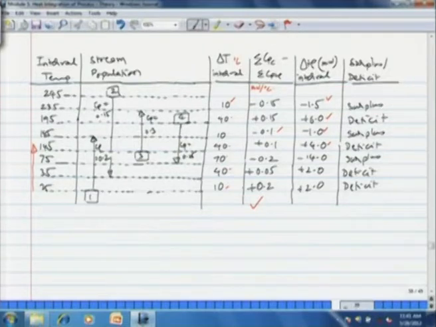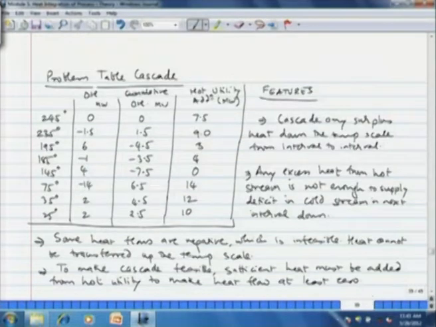The next step is, how do we now transfer heat? You can keep on transferring heat from higher temperature to lower temperature. So that we shall do now. We shall now add the cumulative heat values. So let us say that at 245 degrees we start, so that is 0. So between 245 to 235 we have 1.5 megawatt of heat.